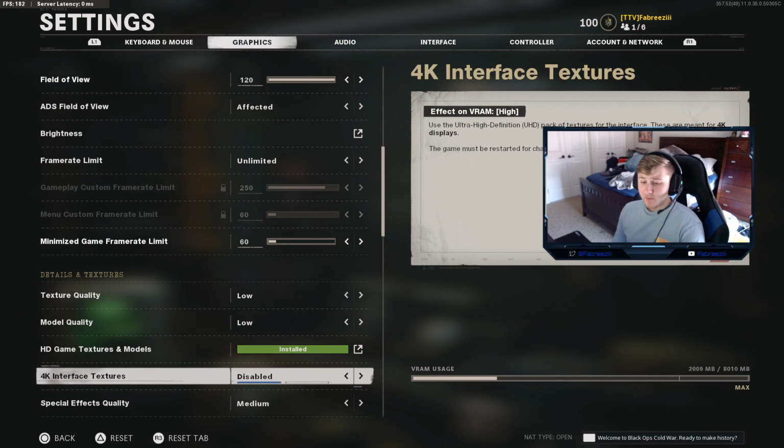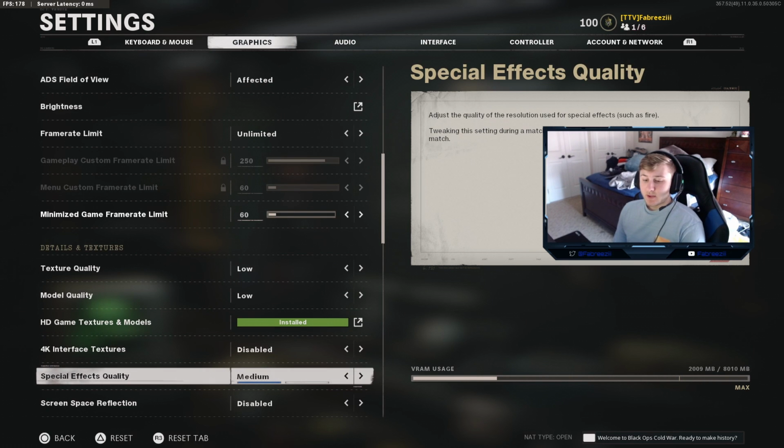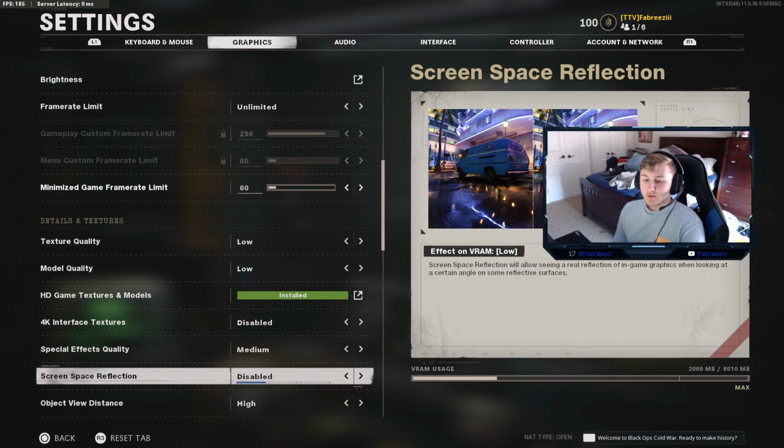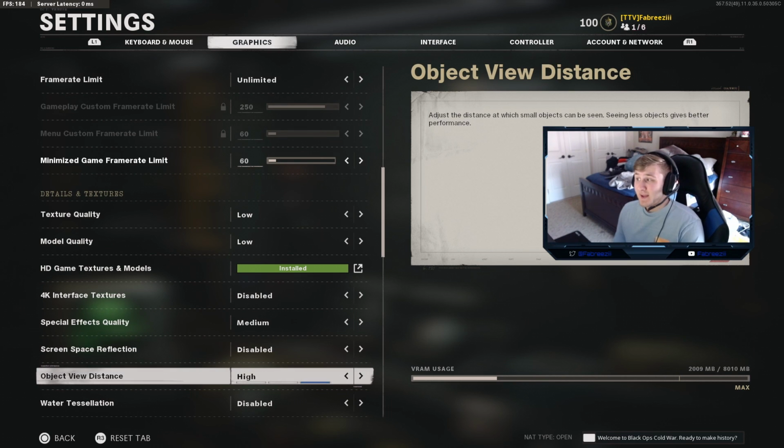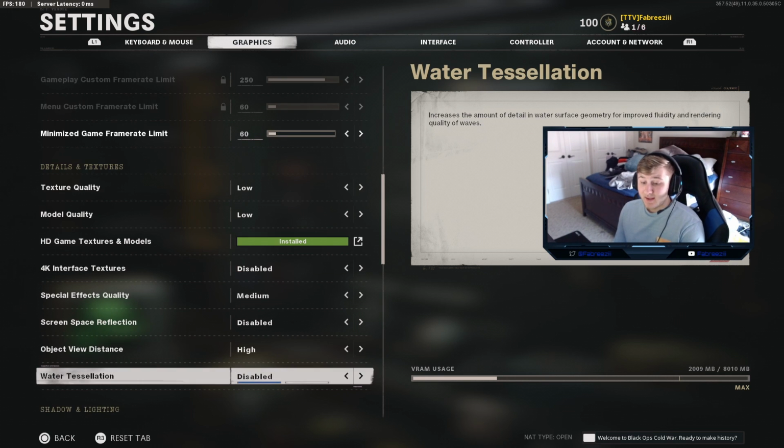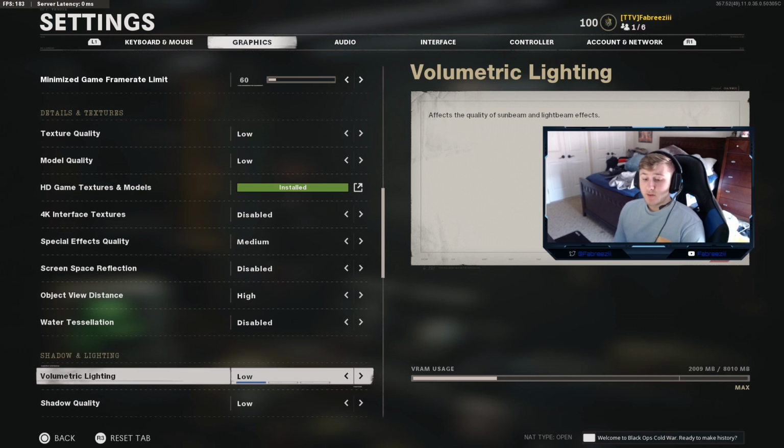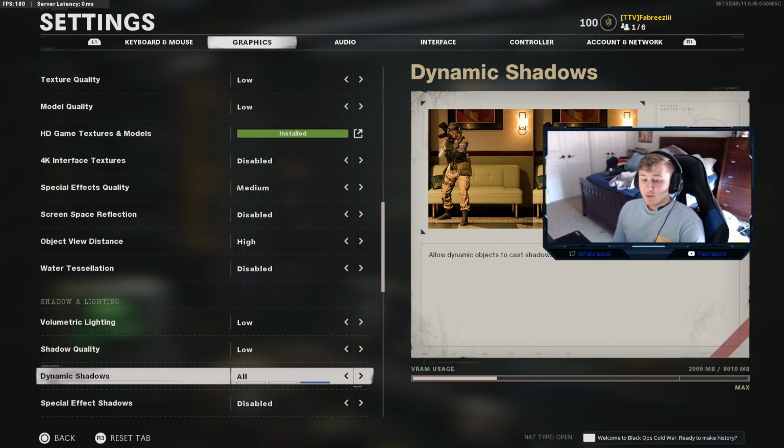Model quality low, 4K, I have that disabled. Special effects quality medium. Screen space reflection, I have that disabled. Object view distance, it says it gives you better performance, but I don't really see it, so I just leave it at high. Water tessellation disabled. All of these low, except you want dynamic shadows on all,